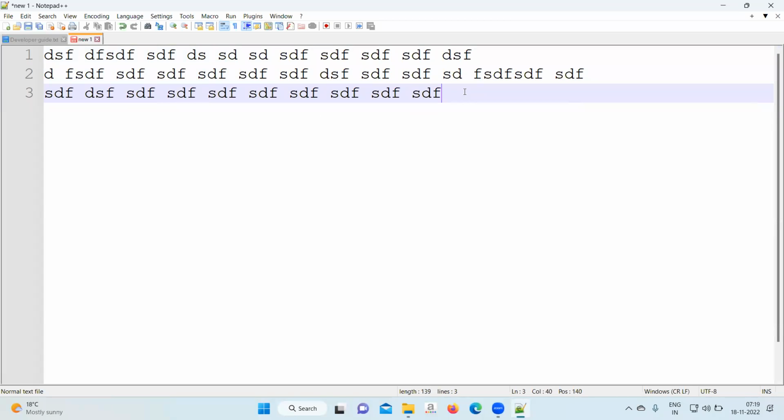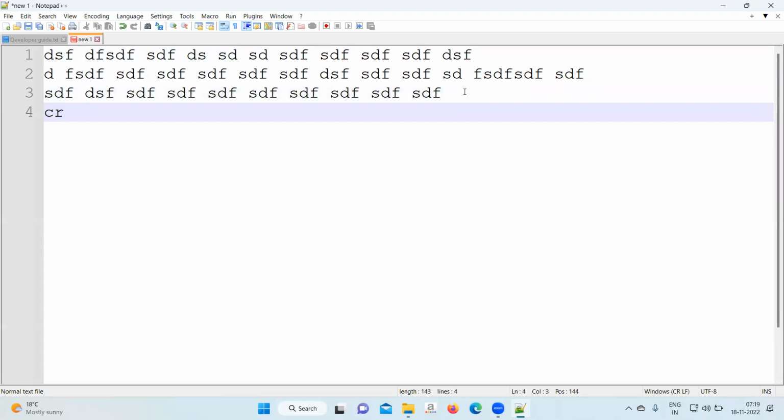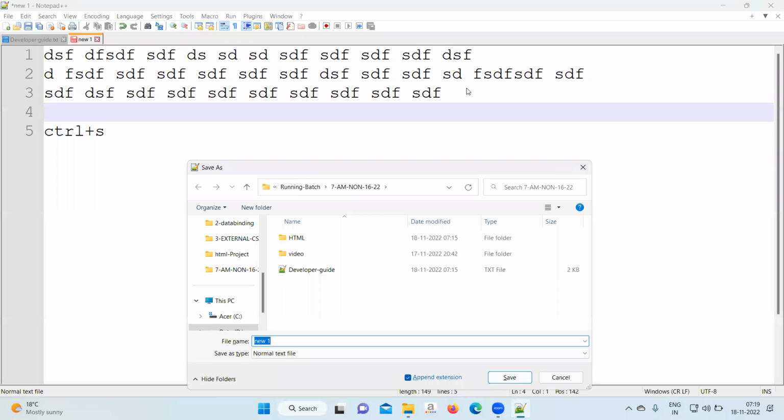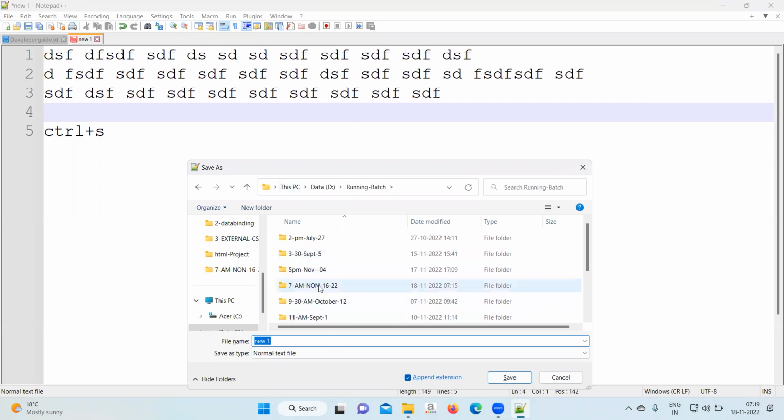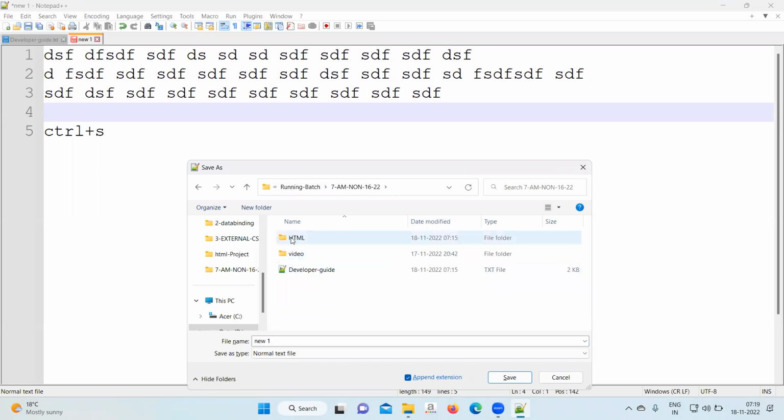To save the file, you can press Ctrl plus S. Press Ctrl plus S to save this file, and you can save it in that HTML folder. Go to your system where you created the HTML folder, go inside the HTML folder, right? And then after that you can give this file the name